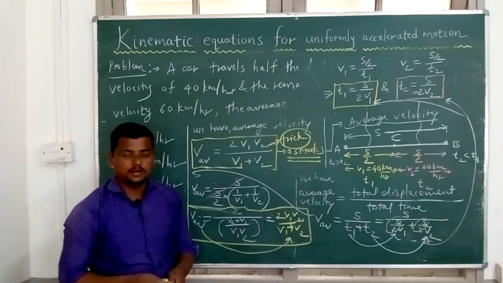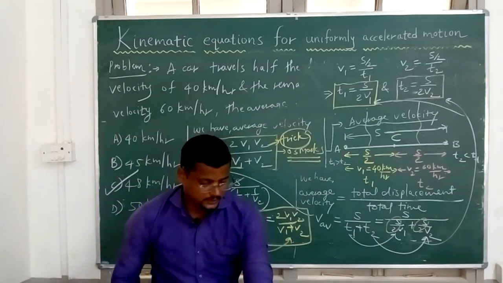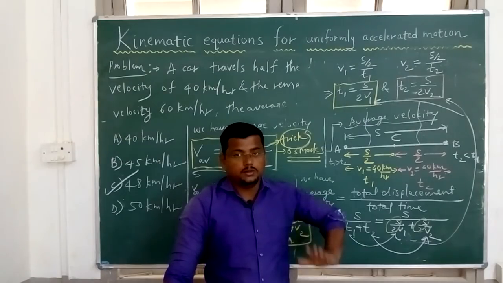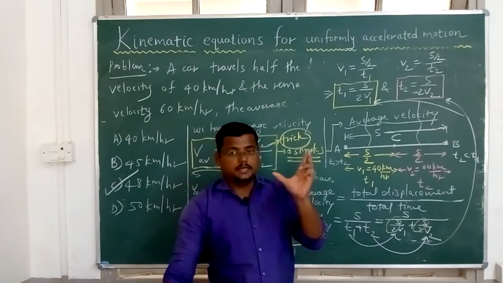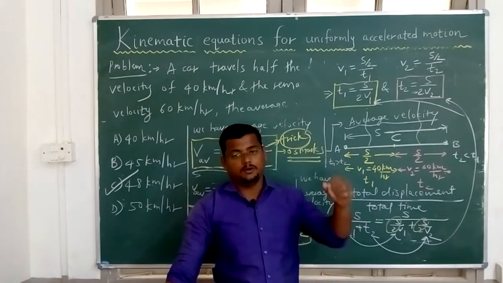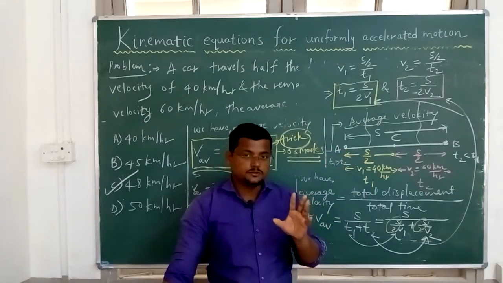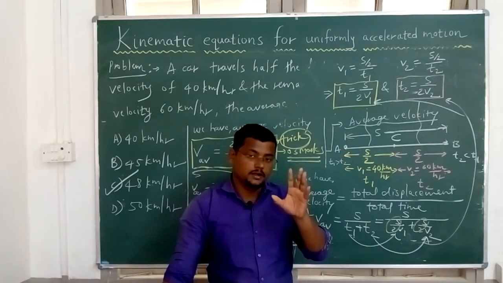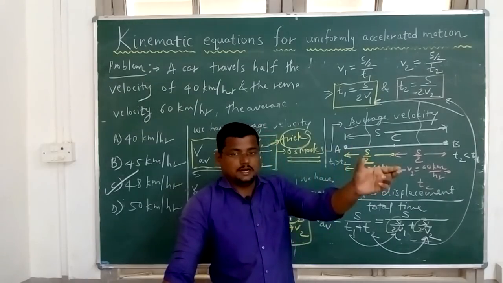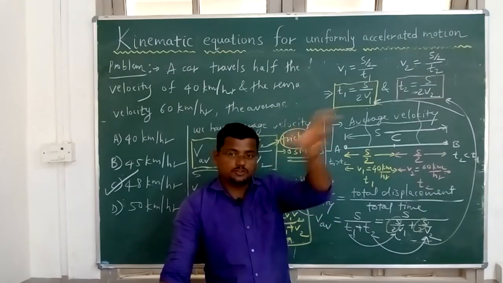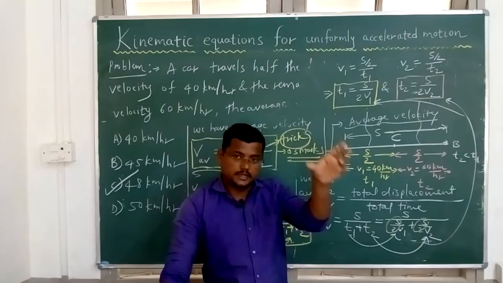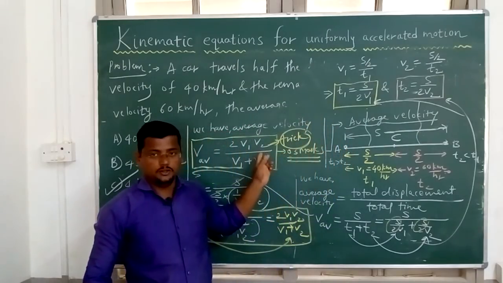Trick, right? This formula is applicable when the distance or displacement covered by the car for the first journey and the next journey are the same. Keep that in your mind. You take bus, car, or truck, anything. If the displacement or distance covered by that vehicle for the first journey is exactly equal to the next journey, meaning half of the journey, S by 2 distance, is covered in the first and the second journey, then you can go straight by this formula.